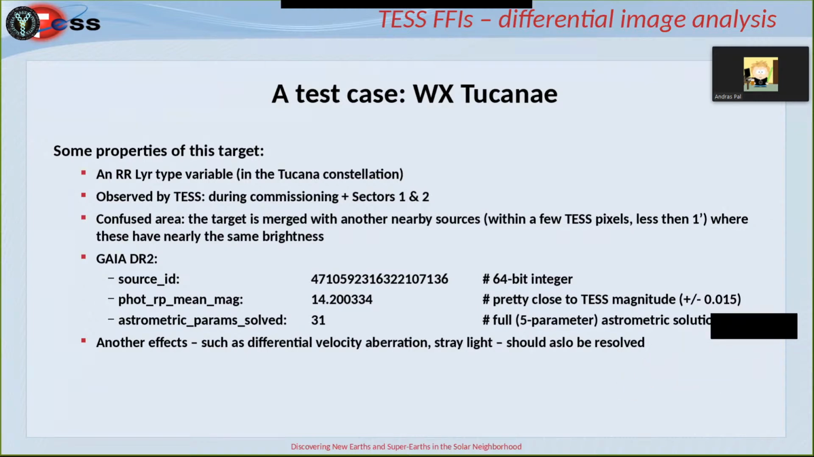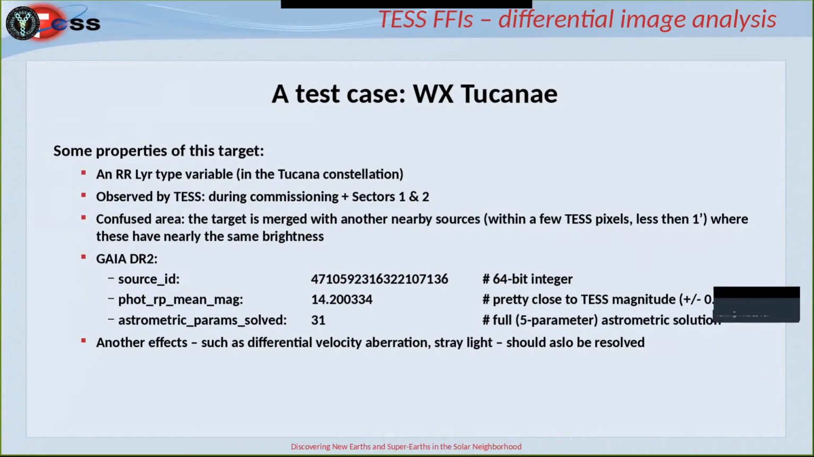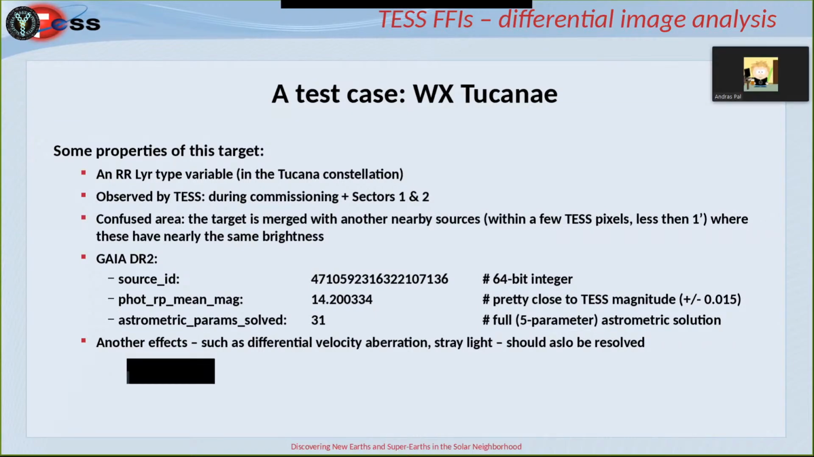And if you look in TIC, the TESS Input Catalog, it is just within 0.015 sigma of this magnitude. So GAIA DR2 is a really good start to estimate TESS magnitudes at first glance. And of course, as I told you 2 days ago, there are many other types of effects, not just confusion of nearby stars,